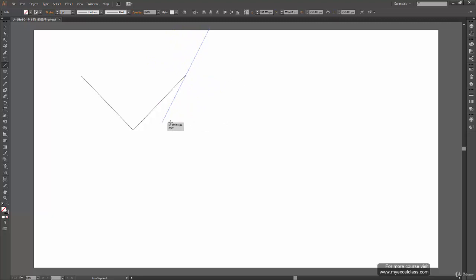So now let's say this is the line I wanted and there I can release it. It is as simple as that. Start drawing the lines and press the Alt key in between to shift your center, and release your mouse first and then release the Alt key to get the line you want.